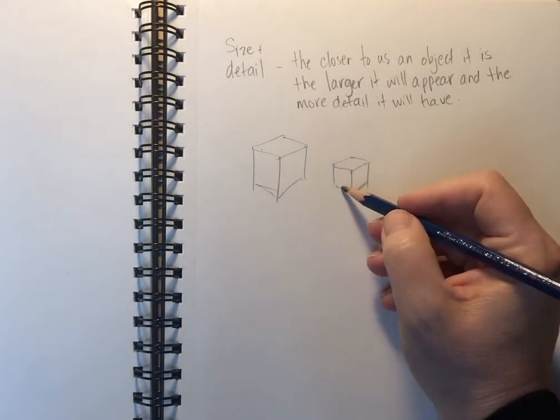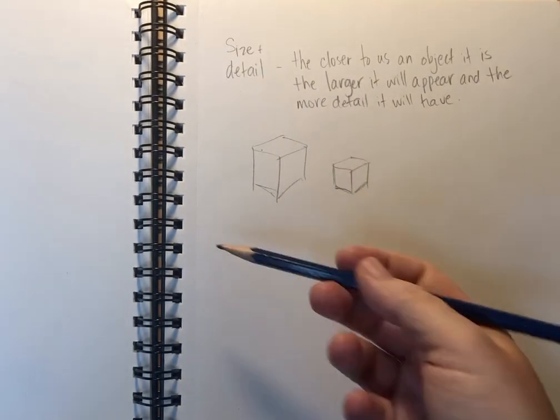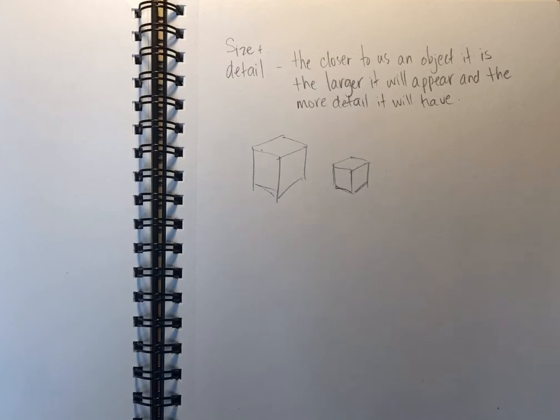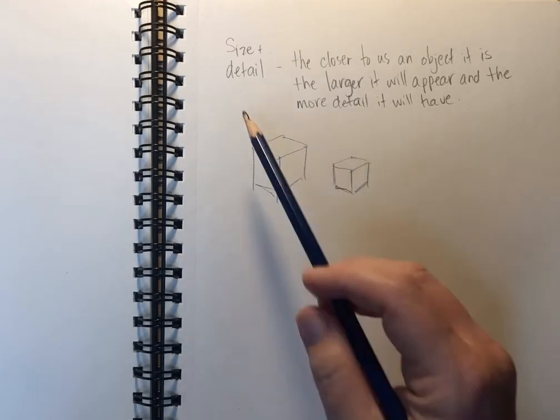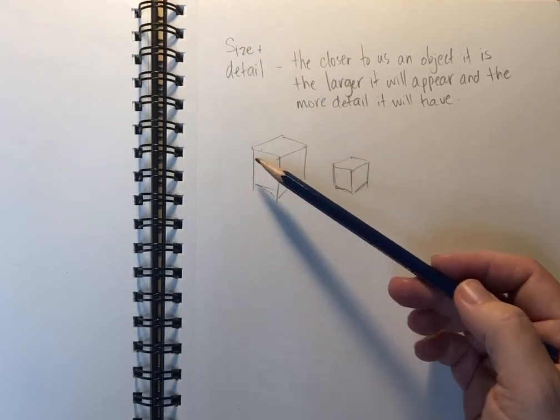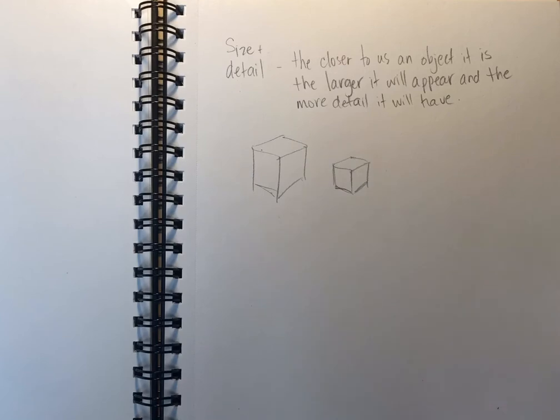And you can see that just looks like a small cube beside a bigger cube. It really doesn't feel like it's further away. It just feels like it's smaller. And there are some times where that's going to be the case. So know that when you are working with size, if you have two things that are different sizes beside one another, that's totally okay. But if you're trying to make it so that it looks like it's further in space and that's how you're utilizing your size, then you want to think about what we just talked about, and that's